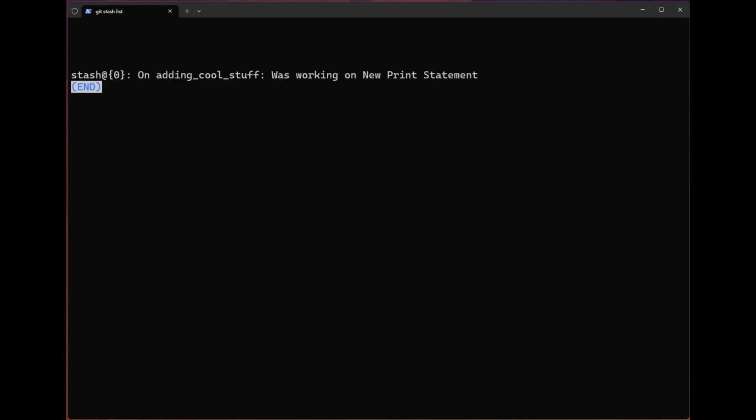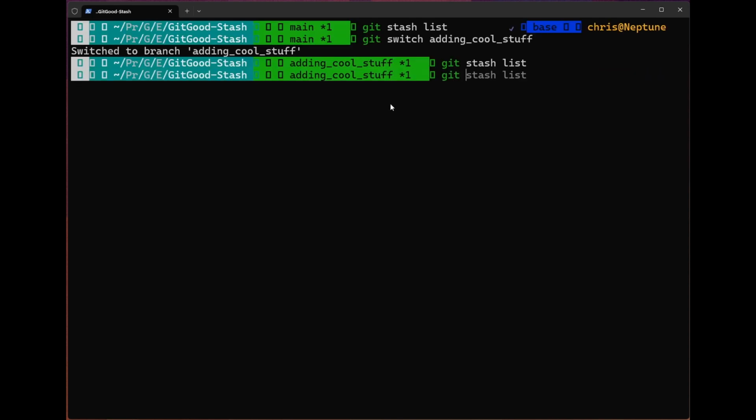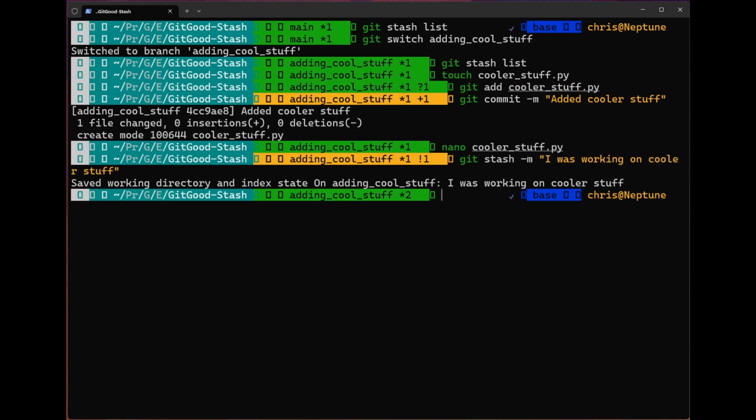So if we look at our list, we only have one, but notice that it's the 0th element. Whenever we use git stash apply with no reference, it is going to apply the most recent or the 0th stash. So let's just look at an example of what it might look like if we had multiple things in our stash. So now that we have the